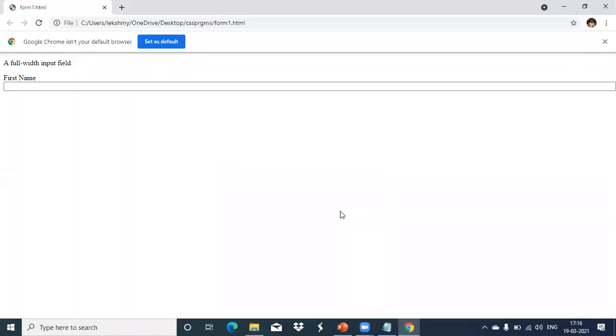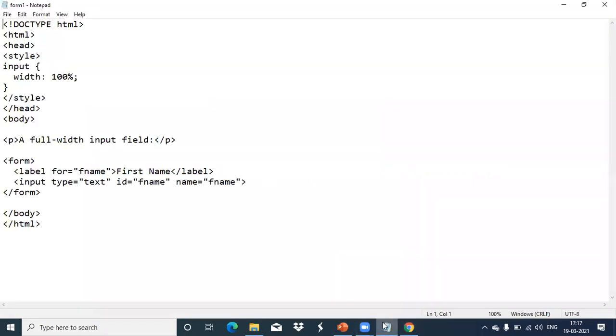Like this. In this, you can see where that label is kept. This is only a label. Now, this is the text box we have created with full width. If you want, you can create it, or else not, also no problem. This is the full width text field we have created. So we have styled that input type there. It is only this program. Clear? Any doubt?